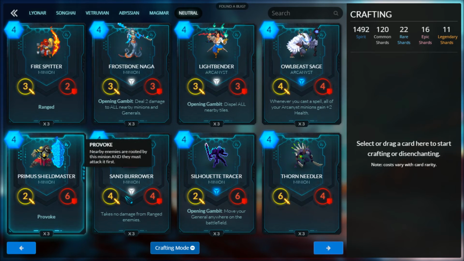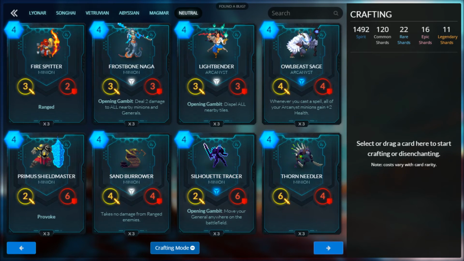It's Primus Shieldmaster without Provoke, so it's going to survive a lot of stuff and be able to clear out stuff. But it lets you teleport your general to anywhere on the map, which is really strong. So, for example, in my deck where I play Songhai and I'm playing my spellcasting deck, I'm going to play my Provoke units out. You're going to whittle through them all the way, and just when you think you have me finally locked down in that top corner, I'm going to play the Silhouette Tracer, and next thing I'm across